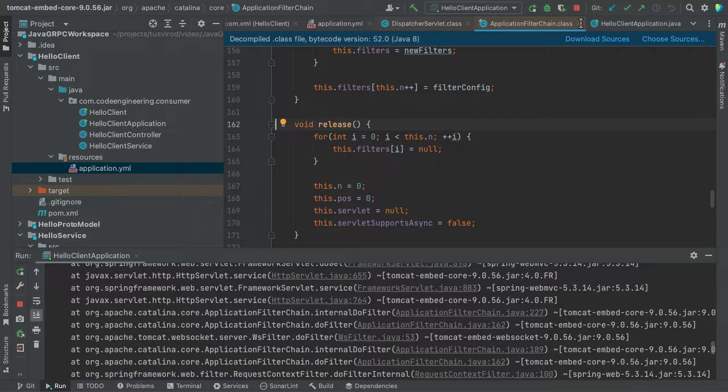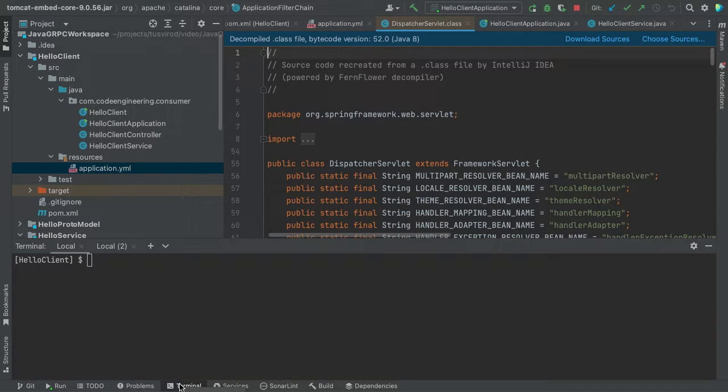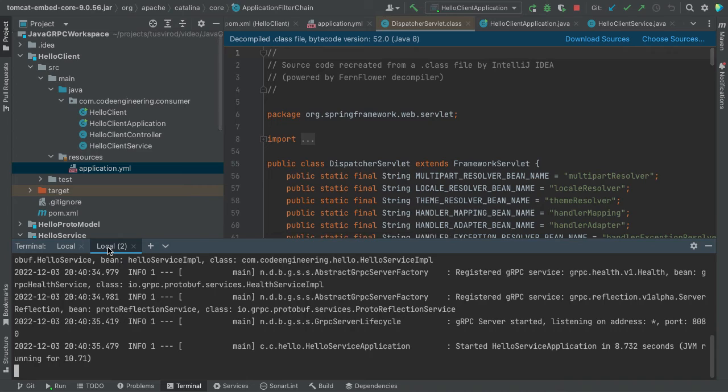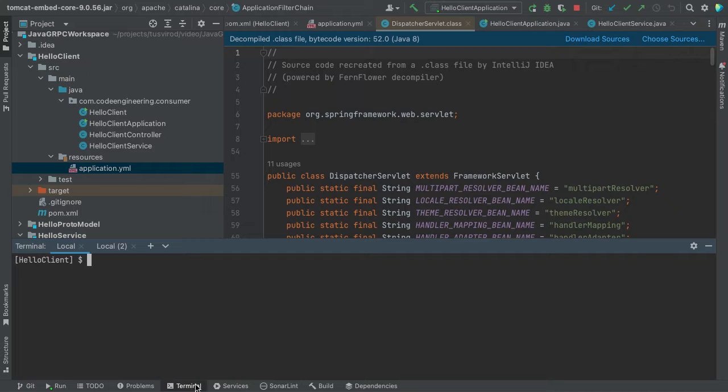So let me check whether the hello service is still up. Hello service is still up in Docker. So somehow